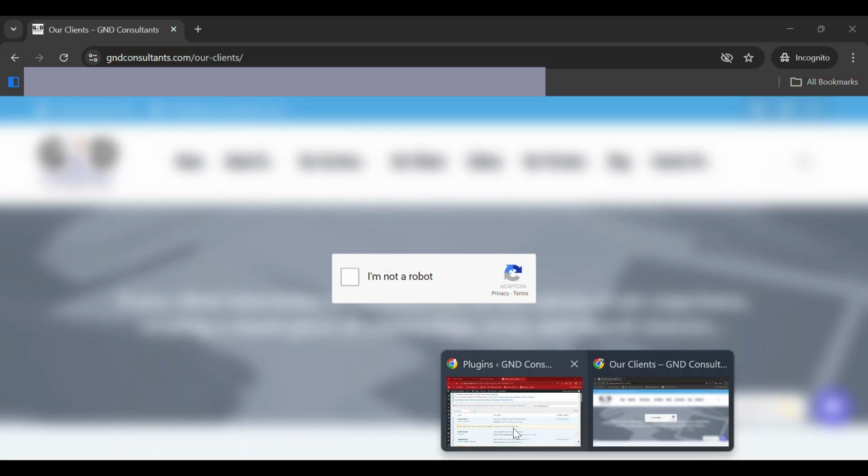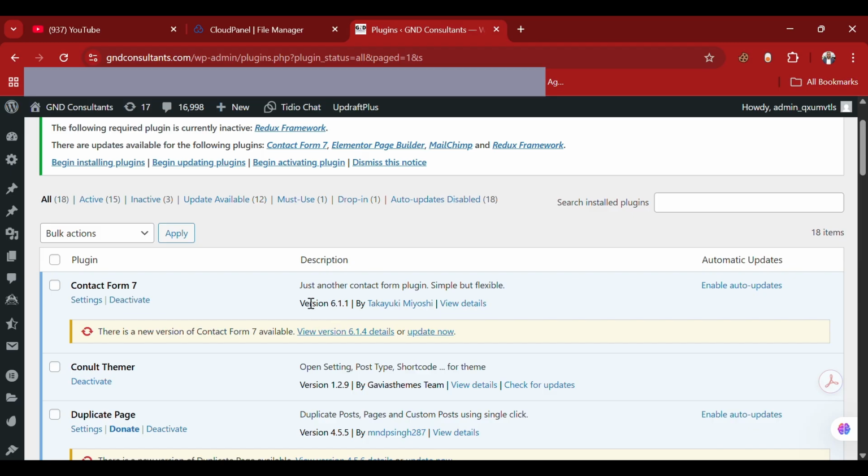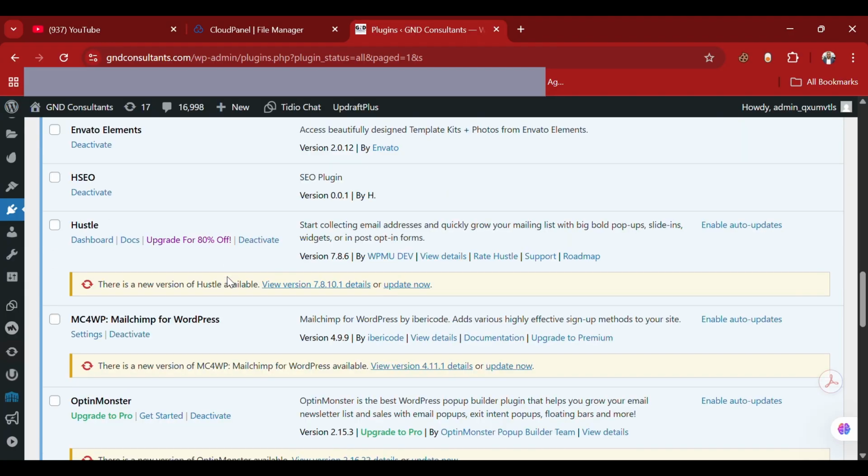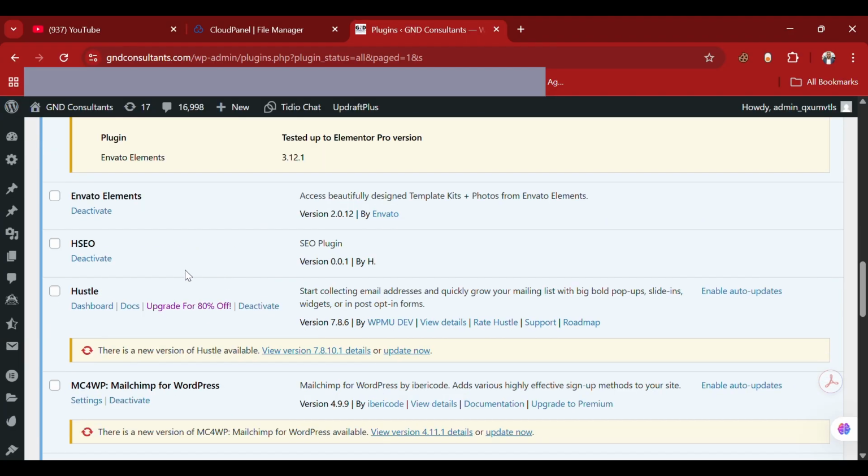So the first thing I did was deactivate my plugins one by one to check which one has an issue. And to my surprise, one of the plugins here, this plugin HSEO, was the one that was